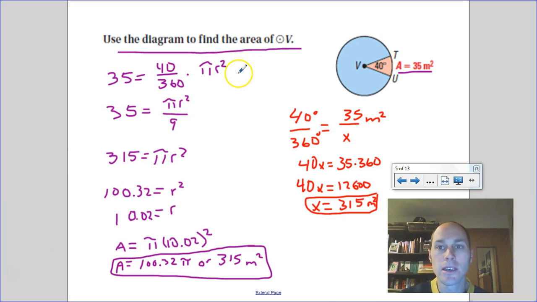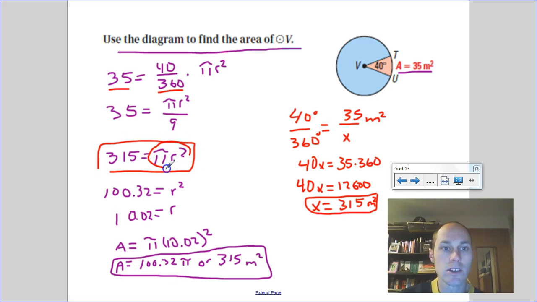Okay, so there's two ways that I found to solve it. Maybe you found a different way. First of all, I just took the sector formula and I plugged in what I knew. So I knew the area was 35, and that equaled the ratio that I had, 40 out of 360, times pi r squared. I simplified this down and got pi r squared over 9 equals 35, multiplied both sides by 9. Got 315 equals pi r squared,